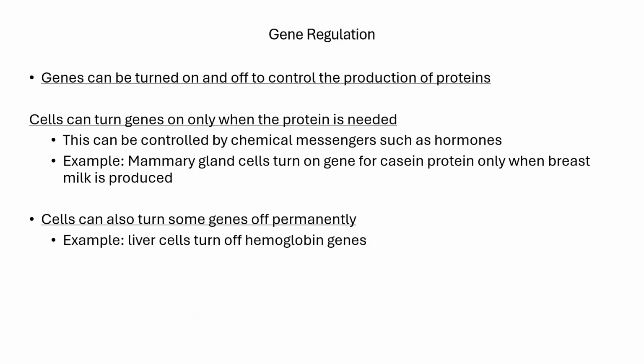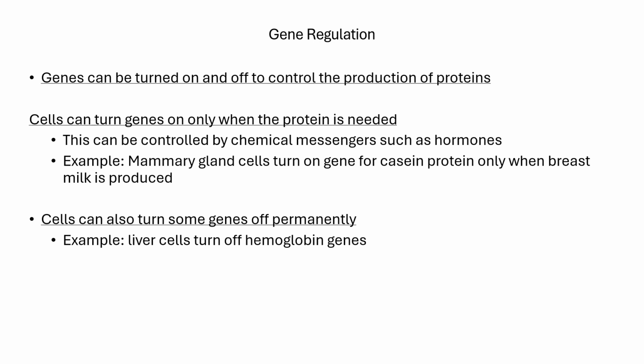So the production of proteins by the DNA can be controlled by turning the genes on or off. Cells can turn genes on only when the protein is needed. Cells can also turn off the genes so that protein formation is stopped. Sometimes cells turn off some genes permanently. One example